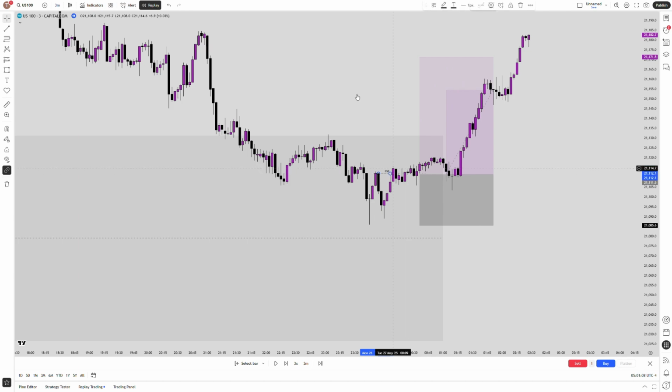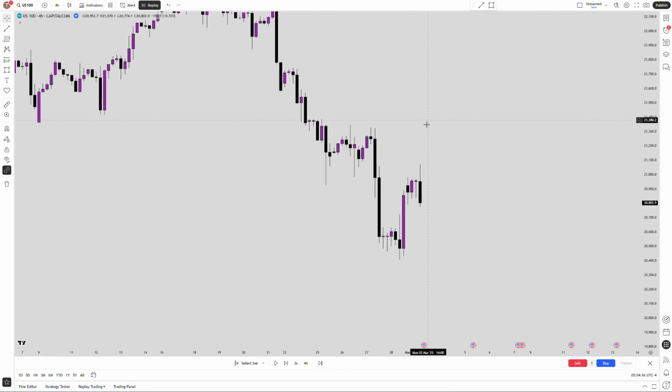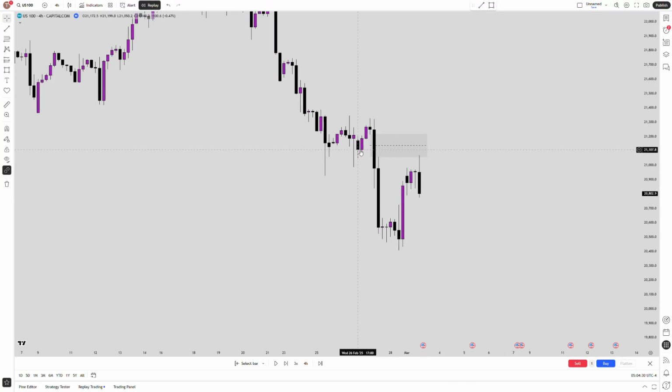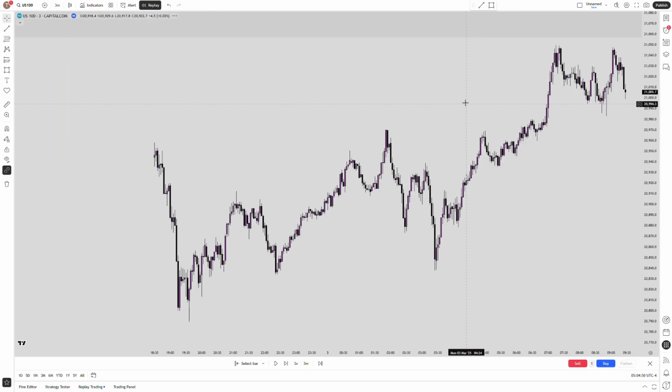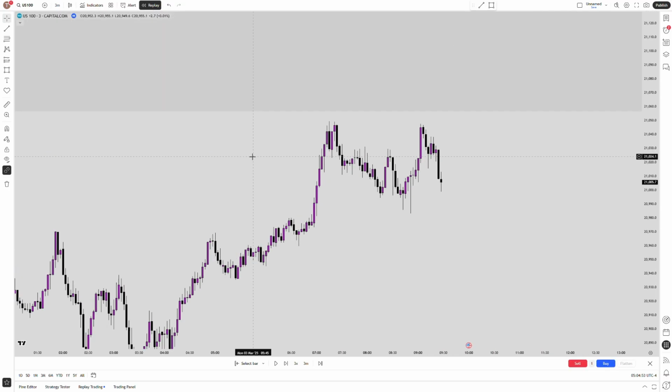Let me show you another example. So this is another example. We have that 4-hour fair value gap, and we want to see price go below because our bias is bearish. We just hit our 4-hour fair value gap, this high time frame key level. We have a shift on the 4-hour chart, so we want to see price go lower, taking out these lows. This is our initial draw on liquidity, so we want to see price go below it. Let's go into the 3-minute chart, or we can just go into the 2-minute chart.